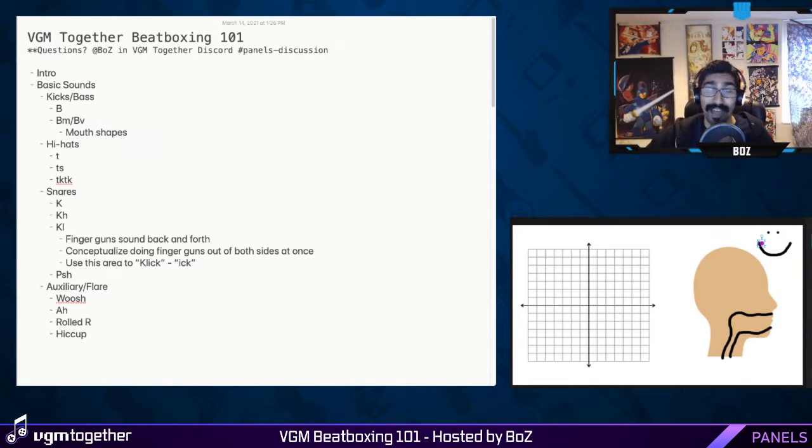All right. Now that one can take a lot out of you, especially at first, right? But if you shorten that shush or make it a quieter shush, you'll achieve a similar snare effect without needing to expunge as much air. You can also, once you get a little more familiar with it, put a little bit of F in that mouth shape. So what I mean by that is if I went